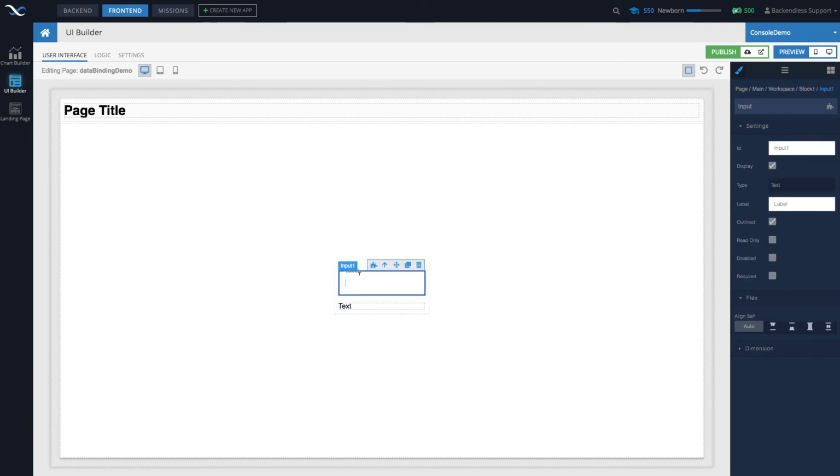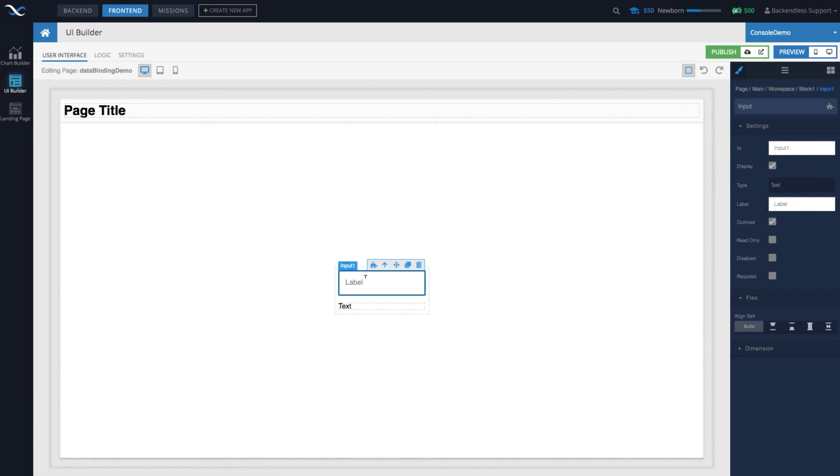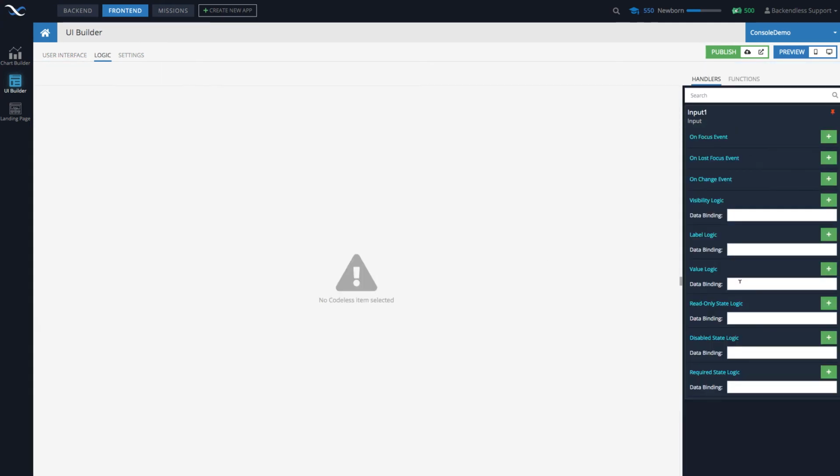For the input component, if I go to the properties, you see that there are a lot more data bindable properties for the input, specifically visibility, control of the label, value, read-only state, and just various others. In our case, what I want to accomplish is anytime I type something in the input component, I want text to show that value. Let me show you how that would work. So I go into the input component, and for the value, I will put input value. That's going to be the name of the property in the data model object.